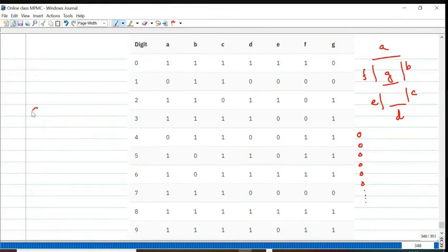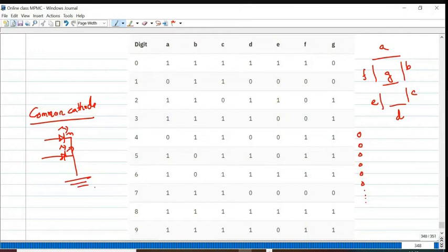I'm using common cathode, meaning all the cathodes of these 7 LEDs are connected to ground. So to turn on a particular LED, you have to drive it with logic high. Logic high means LED on. Logic low means LED off.